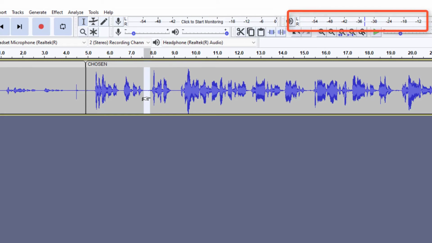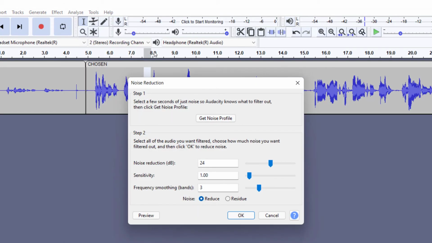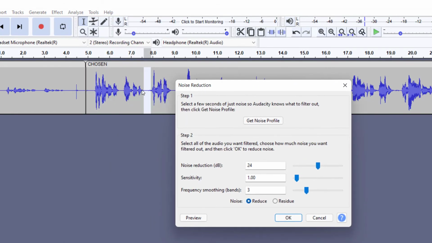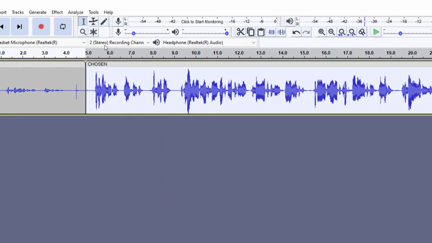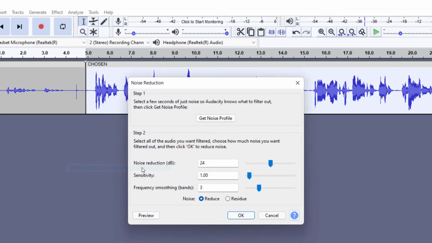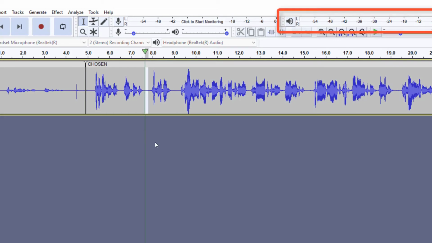And you can see that there is this audio that we do not want. So once again, we'll do what we did for the noise reduction, and we'll go to noise reduction while that part of the audio is still selected, and then click get noise profile, and then we'll come back and click the whole audio and go back to noise reduction and say apply. So it's removed that. If we should listen to the audio again, we shouldn't hear anything.